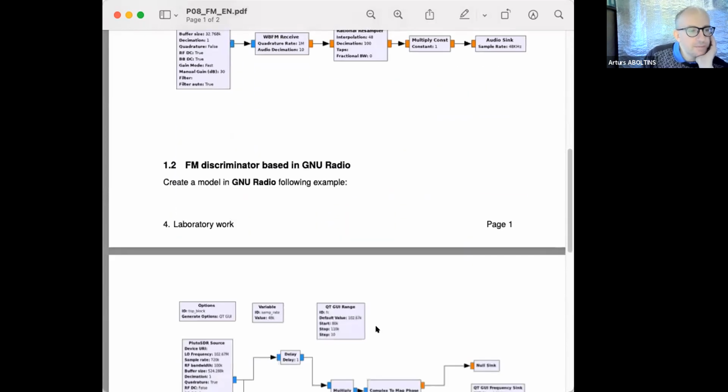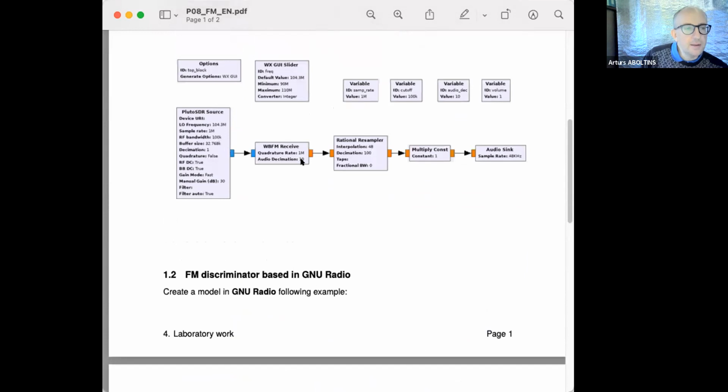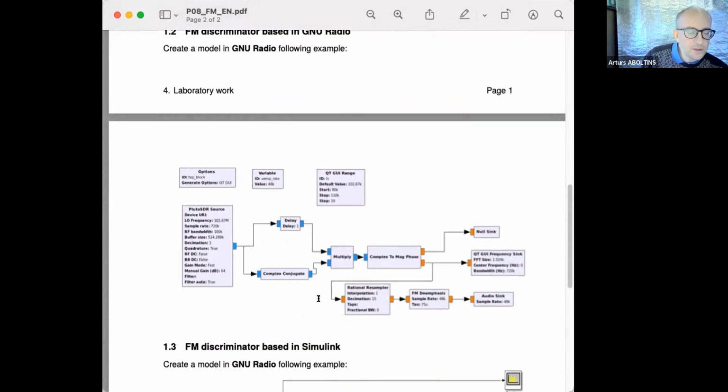straightened version. The next thing we will do in this lab work is create the FM demodulator, this unit, on our own. We will use delay, complex conjugate, and multiply blocks, and then a phase extractor. This is 4 blocks in all. Delay, complex conjugate, multiply will replace this VB FM receiver demodulator, and the rest will be the same as in the previous